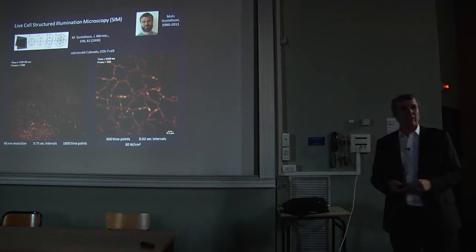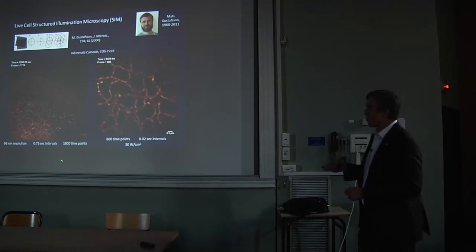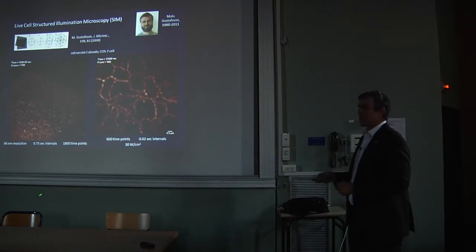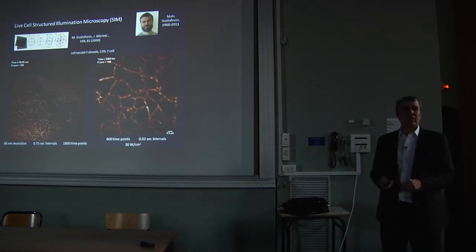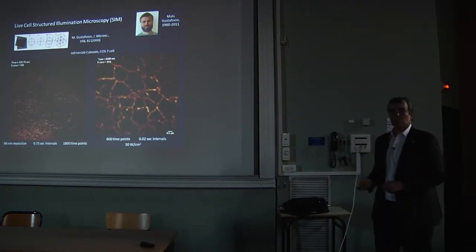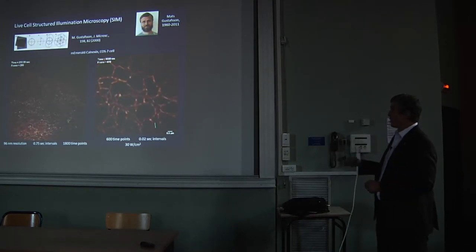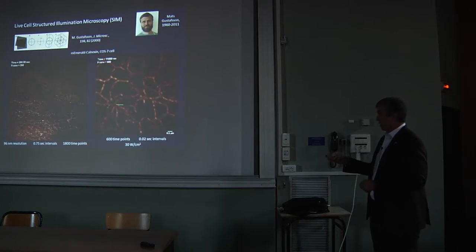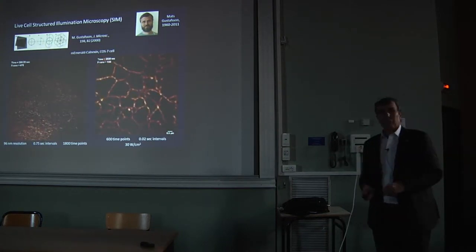So this is looking at the endoplasmic reticulum inside of a cell. There is no other super resolution method that would get within 1 order of magnitude of being able to look at that same cell for 1,800 time points and do it at sub-second rates. But furthermore, you can push the speed. In this case, it's a zoom in of the ER showing for 600 time points at 50 frames a second